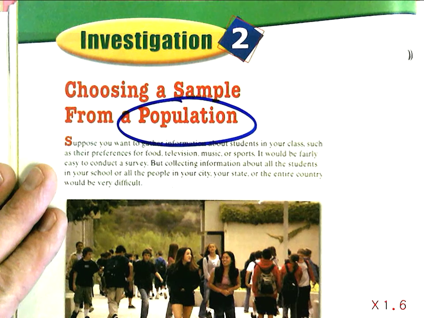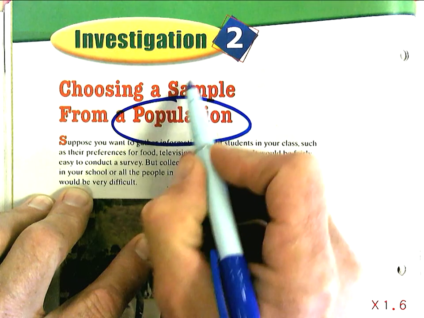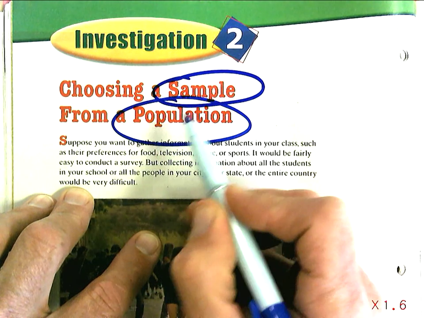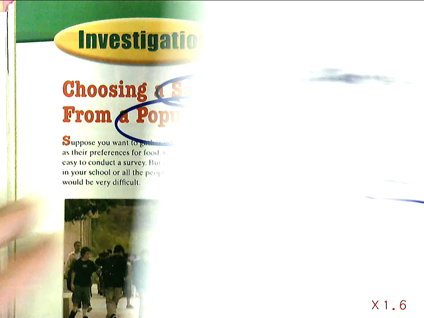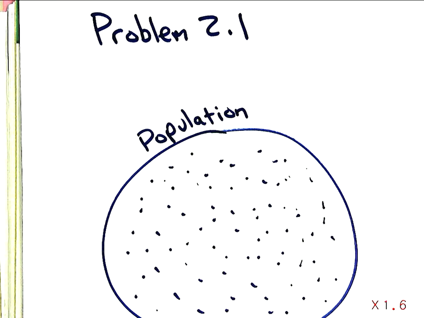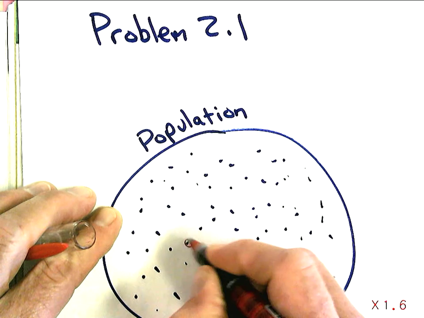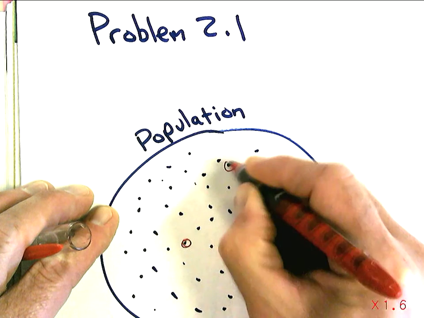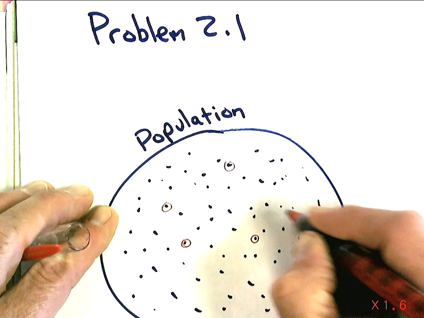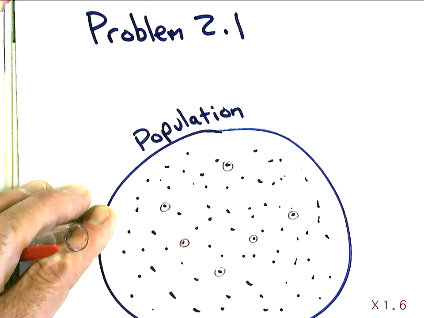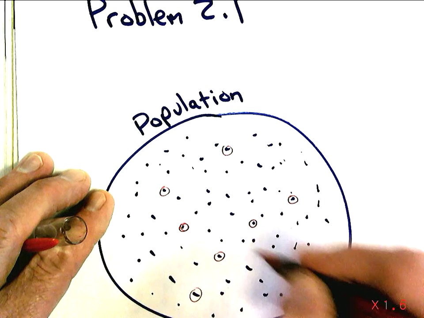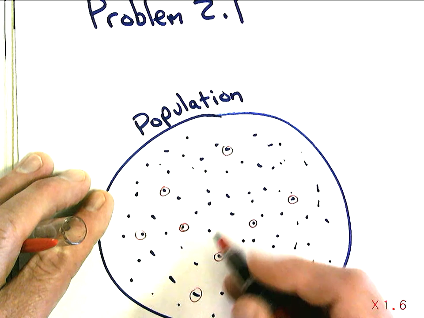Now, the other part of that is a sample. So we got a sample and a population. So it says choosing a sample from a population. So if I were to choose some people out of this, like if I chose this person, we're going to just circle some that we're going to choose, like this one here, and this one here, and this one here, and I'm kind of just sort of picking randomly, although this is not truly random, which we'll talk about in a later lesson, but I'm just picking some of the group, and let's say 1, 2, 3, 4, 5, 6,